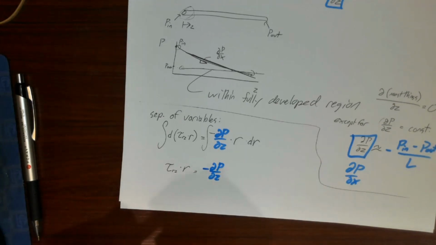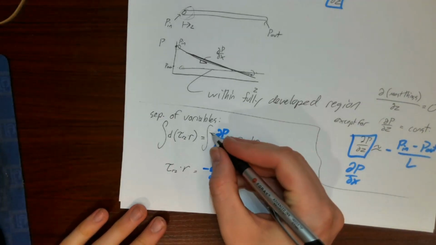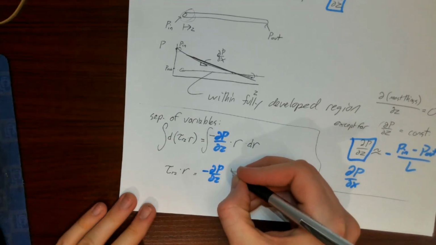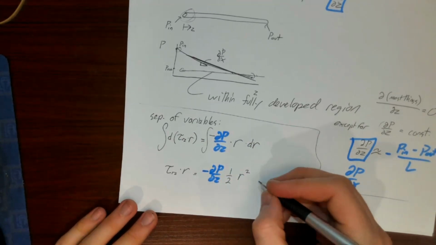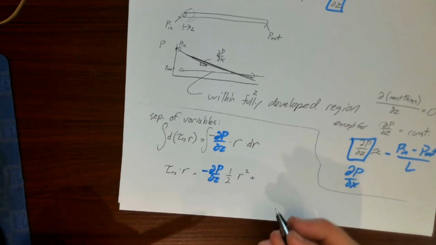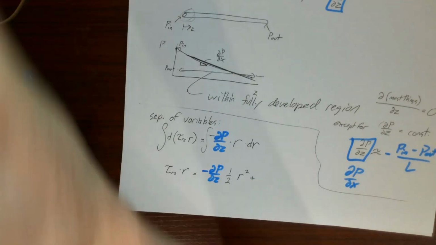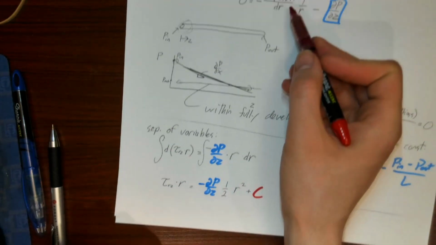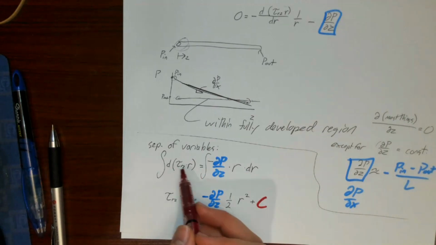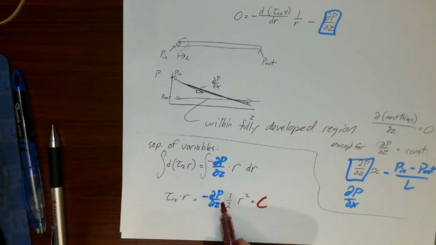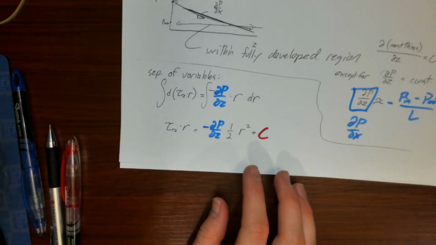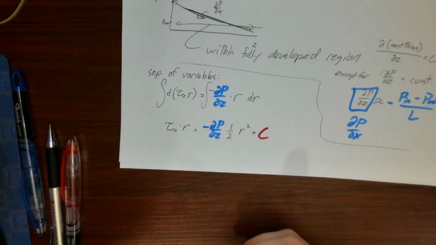So I now have dp dz, and then a minus dp dz. Then when I integrate r dr, I'm left with 1/2 r squared. And then I have plus, and in this case it is indeed plus a constant of integration, right? Because these were ordinary derivatives, so when I integrated these ordinary derivatives, I get plus a constant of integration, not a function of integration like I got last time when I was just integrating the partial derivatives before trying